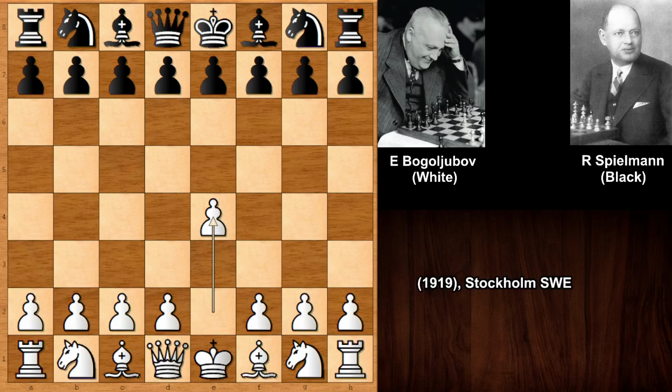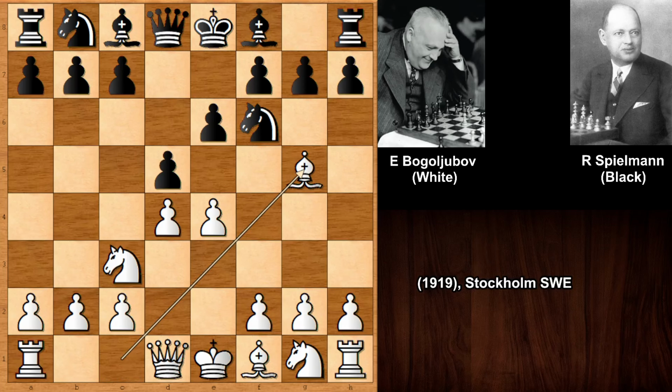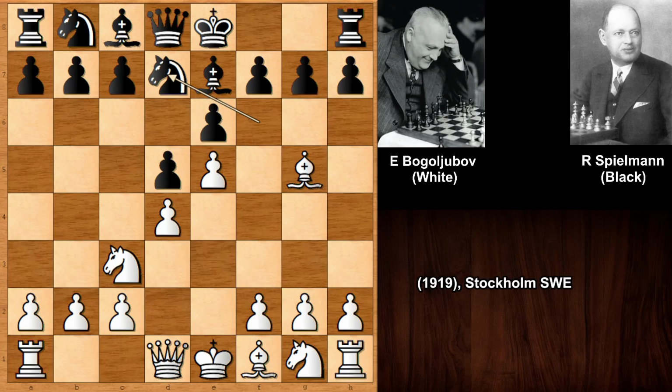So Bogoljubov starts the game with e4. We have e6, the French defense, and then d5. So knight to c3, knight to f6, bishop to g5, bishop to e7, and here comes by far the most common move, pushing the pawn e5, sending the knight back to d7, and black is preparing to play the typical French move c5. And then here comes, maybe bishop takes bishop is expected, but Bogoljubov played h4, exclamation point, pawn